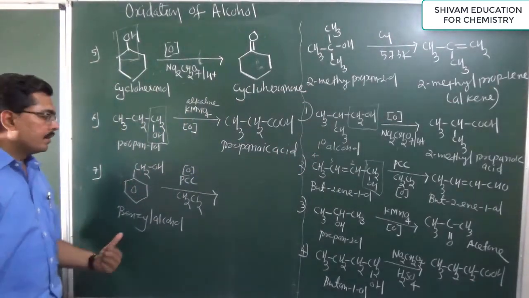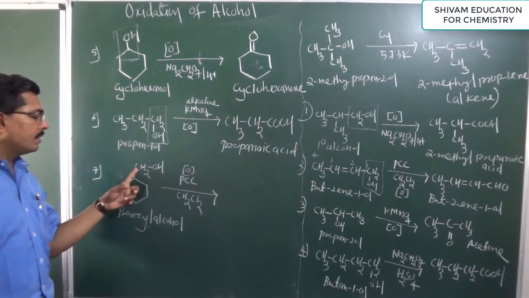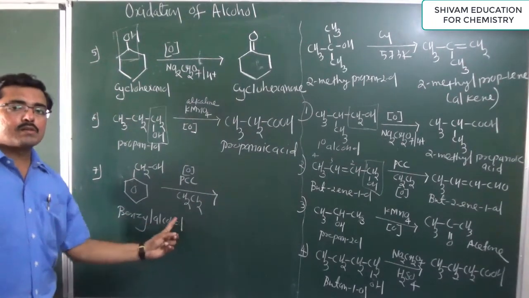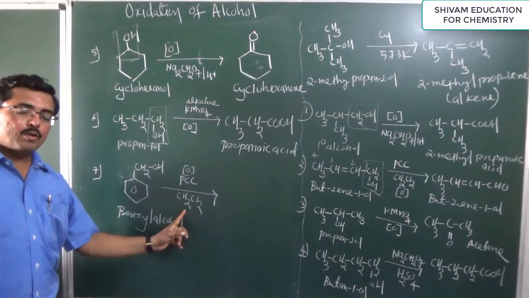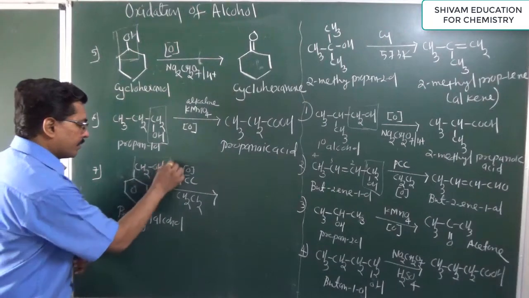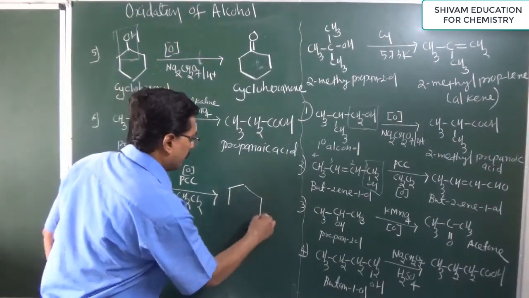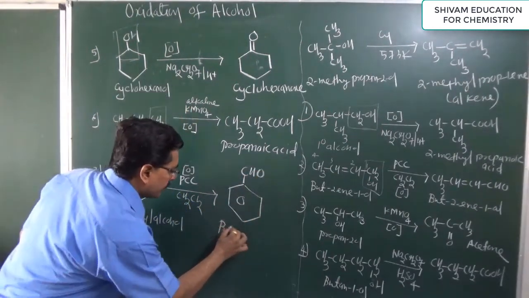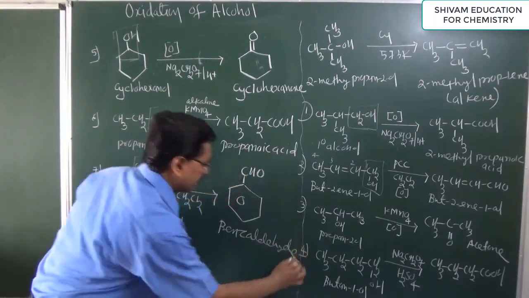Now here, once again, oxidation of benzyl alcohol. Here the hydroxyl group containing carbon is attached with only one carbon atom. And we will use a weak oxidizing agent, pyridinium chlorochromate, and dichloromethane is used as a solvent. So due to this weak oxidizing agent we get an aldehyde. The product has a benzene ring and an aldehyde group. So we get this structure, which is known as benzaldehyde.